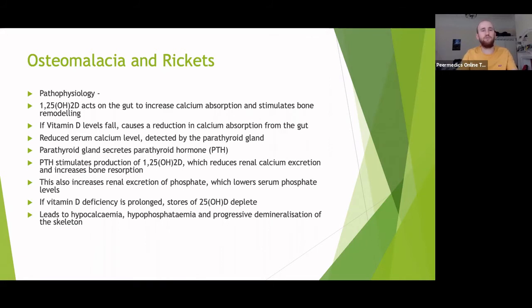For example, over the winter we get very little vitamin D intake, but most of us don't present with osteomalacia or rickets because during the summer we've built up enough stores. So this is a long-term thing. It's very rare in children now, but it does happen. You'll see some telltale signs though of that. So at least that hypocalcemia, hypophosphatemia, and then the demineralization of the skeleton as it tries to maintain that homeostasis